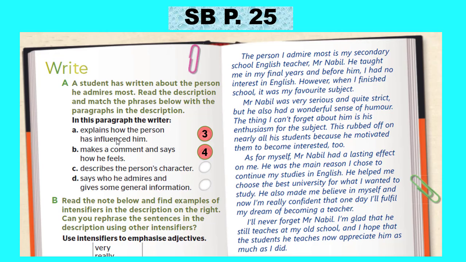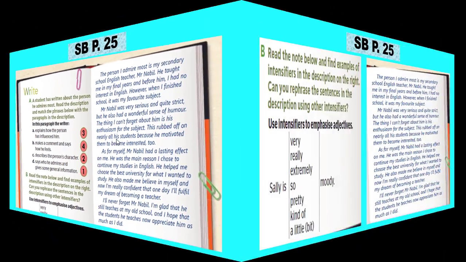C. Describes the person's character. It is number 2. D. Says who he admires and gives some general information. It is, of course, number 1. After that,